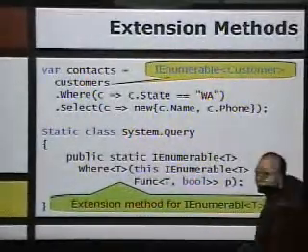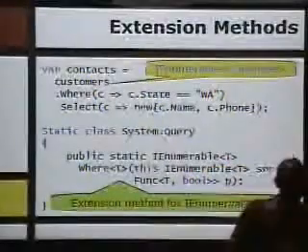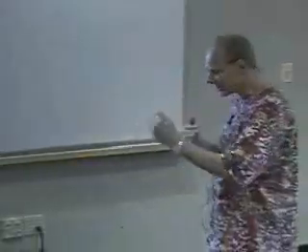This is another trick, which is called in the literature the expression problem. If you define a class, it's easy to define new subtypes of that class, but it's hard to take an existing class and add new methods to it. Maybe I don't even have the source code of that base class.